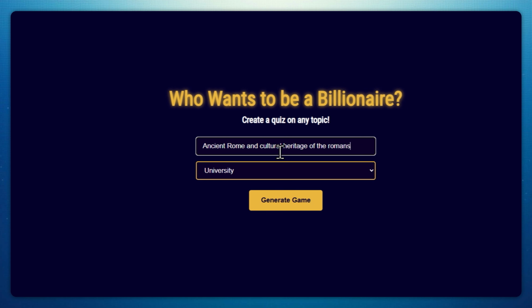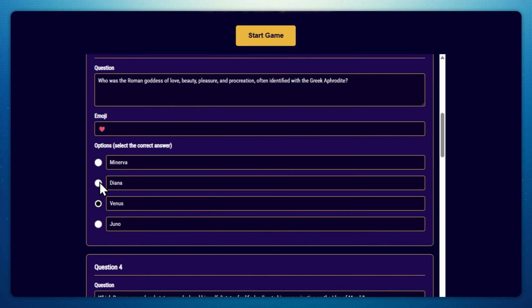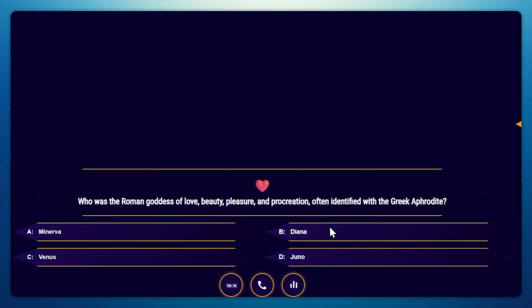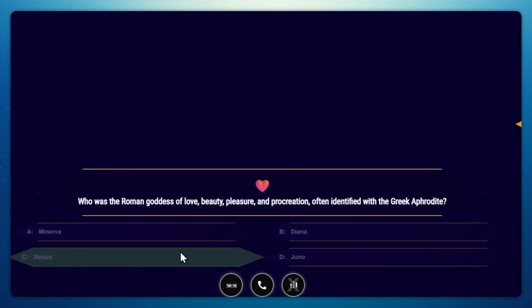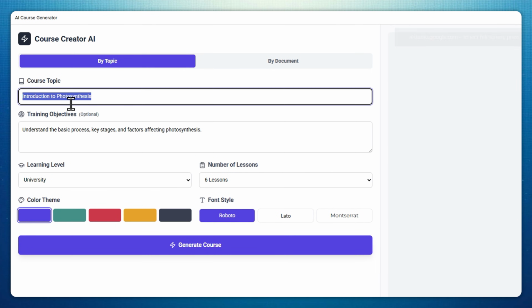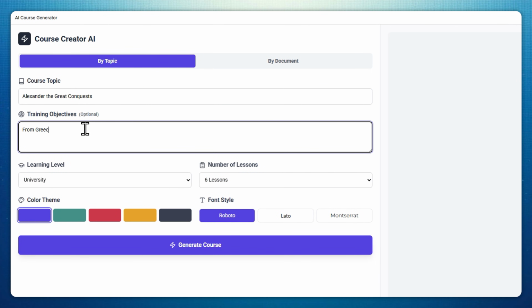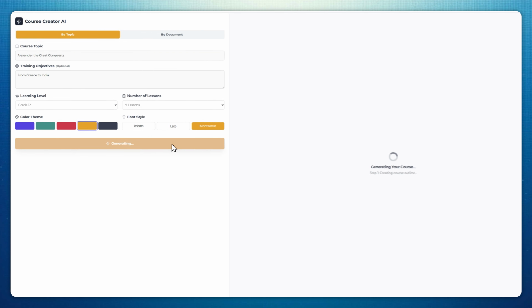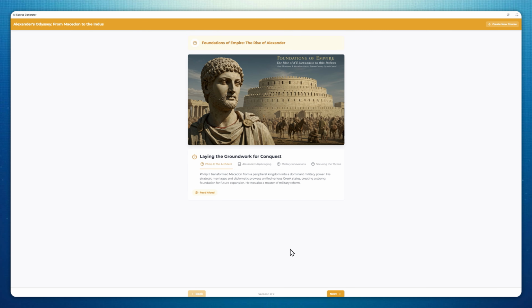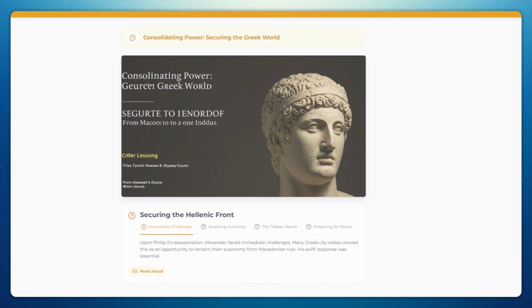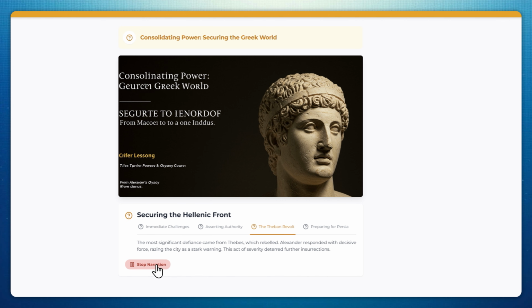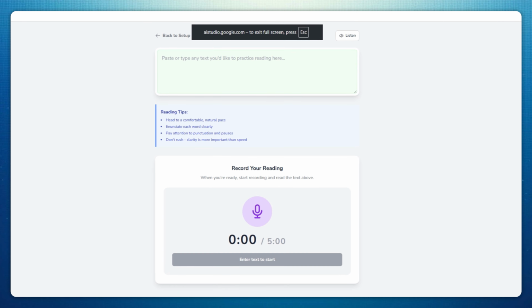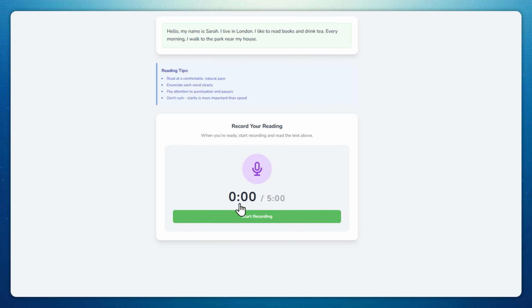Next, a gamified quiz tool that looks like Who Wants to Be a Millionaire TV show. Instead of generic quizzes, I can use this to instantly create custom gamified assessments on any topic. Cool, isn't it? This one generates complete training content, including text, audio, visuals, and interactive elements. I define the topic, the learner's level, and the number of lessons. And voila! There I have it. It essentially functions like an authoring tool, incorporating tabs, accordion items, flip cards, and more. This one works so well that I'm pretty sure I could turn it into a paid app too.